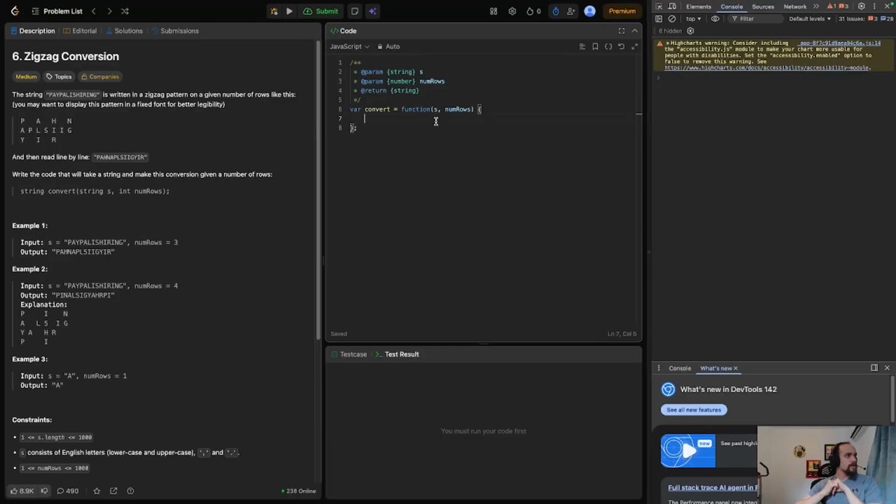Write the code that will take a string and make this conversion given a number of rows. So the input is PayPal is hiring, number of rows equals,